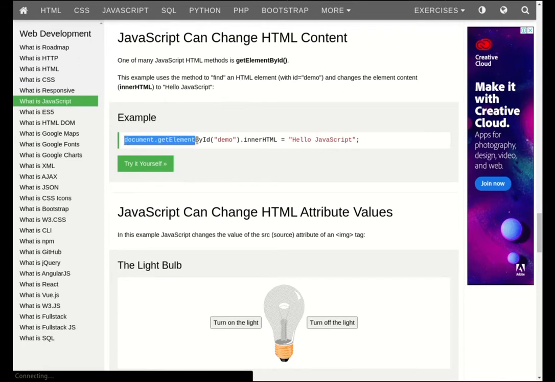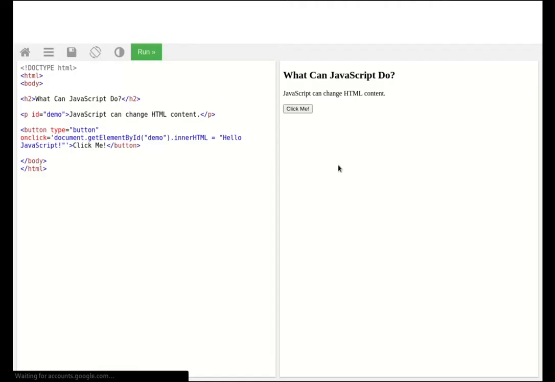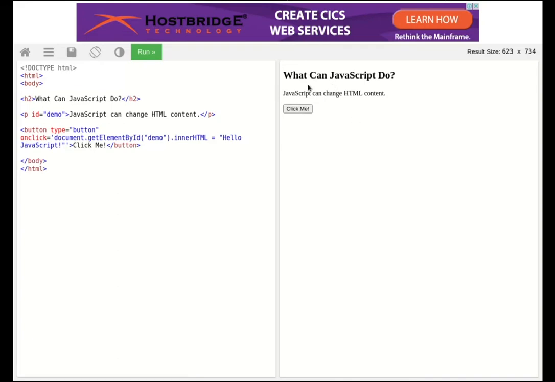So here we can see that we are just calling the document. So let's go to this example. So you can see we can click here and it changes it. So here we put the paragraph in, then we said we made an event on click, and then we put the JavaScript inside here where you just go